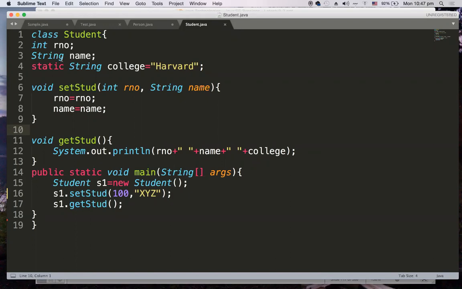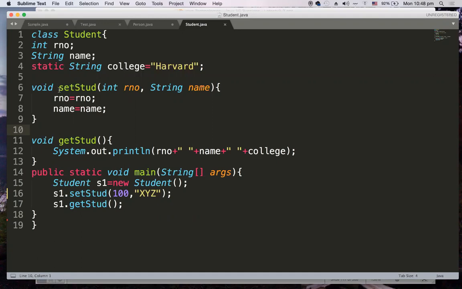Roll number is an integer and name is a string. The student also has a static member called college, which is a string. Since it is static, we initialize it because this value is going to be once per class. Only one value per class, so that's why it is static.